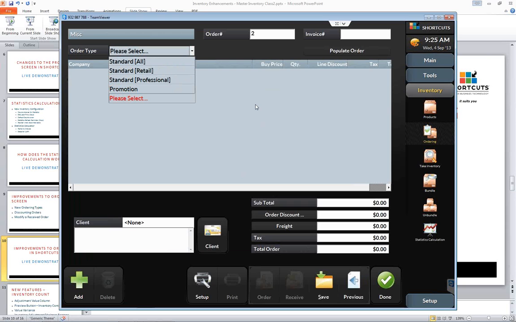Okay, up at the top, it's asking for my order type. This is one of the new improvements to the ordering screen: the order type. Standard was really the only option we had before. Now we can choose retail or professional, meaning I'm just ordering retail or just ordering professional, or this is